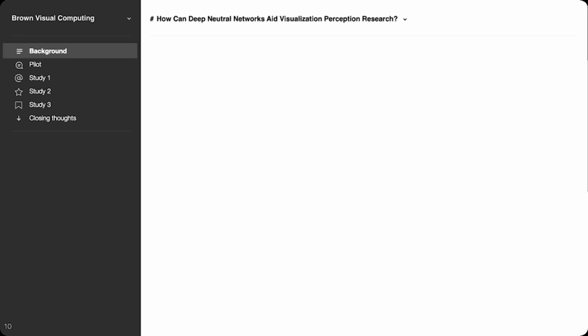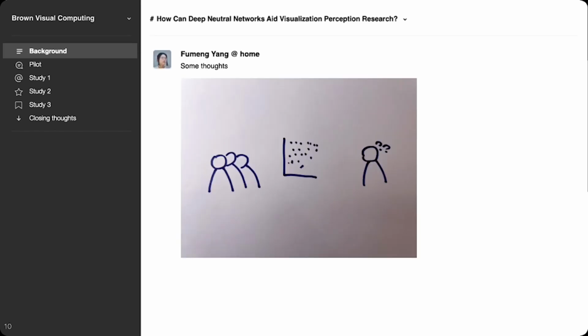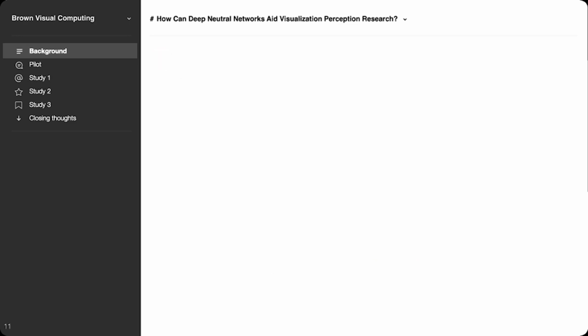Think about this. In a typical visualization perception study, the direct connection between us, the researchers, and the participants is visualization images. Perhaps we should start from images. Neural networks came to my mind because they were designed to extract features from images to solve vision tasks, and some neuroscience papers suggest that they can be a biological model for human vision.